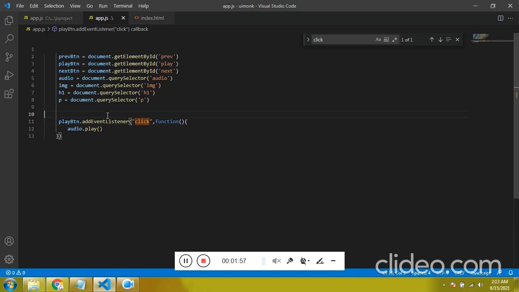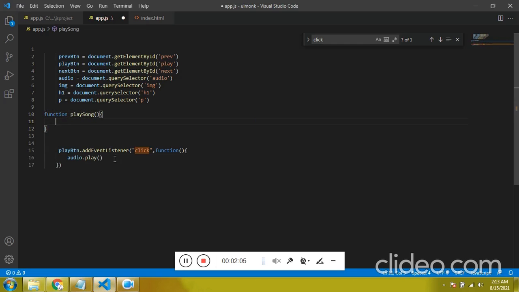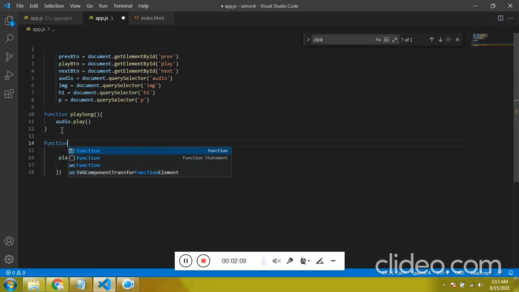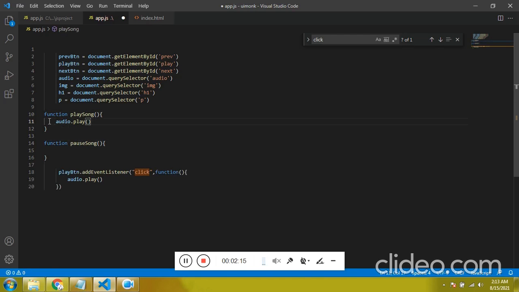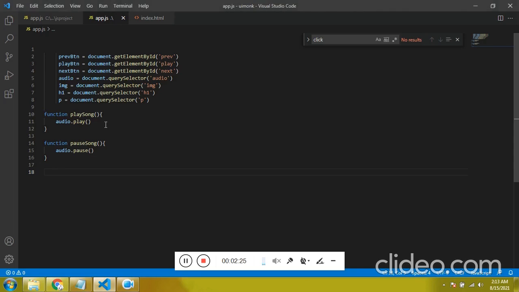So let's create this into a separate function. Function playSong, and let the audio play. Now function pauseSong, let the song pause. So now what we need is, when I click on this button, the Font Awesome icon should change.